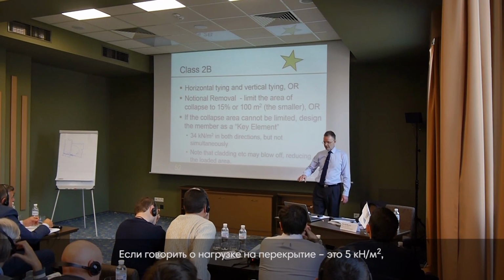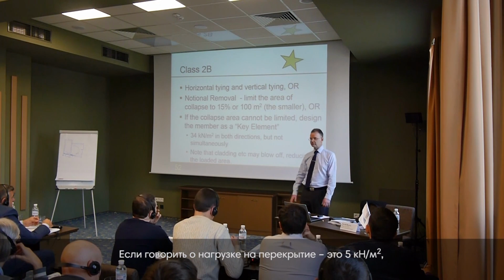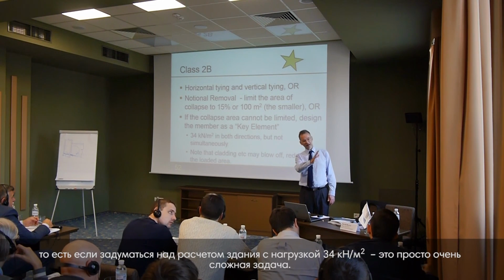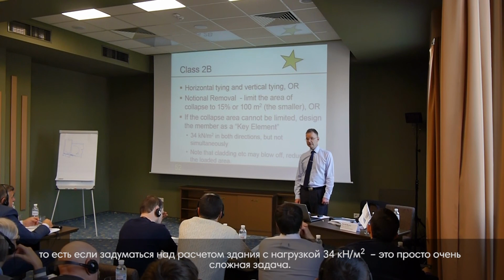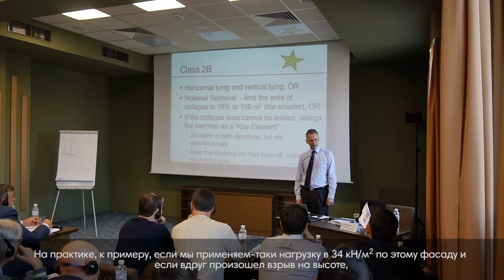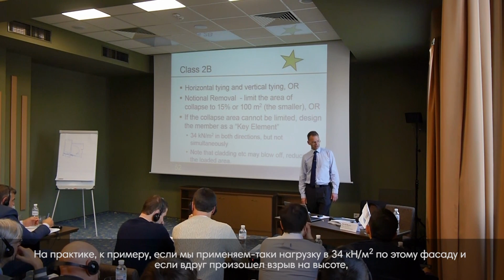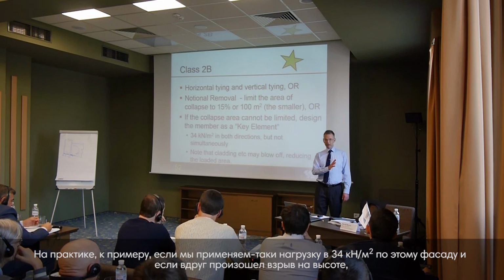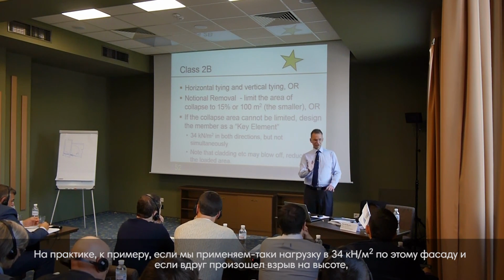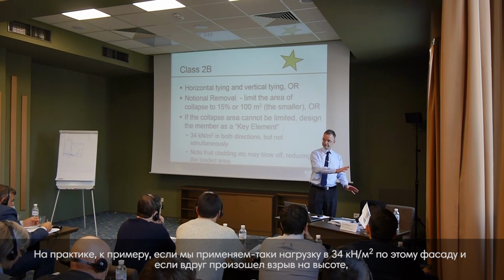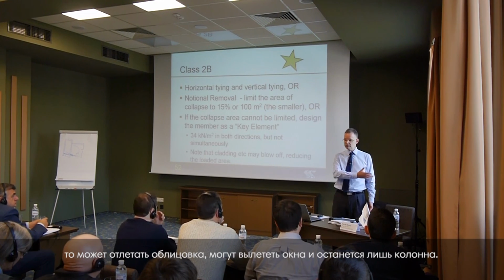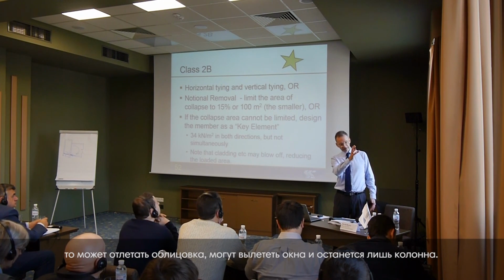If you think about the load on a floor, 5 kilonewtons per square meter, we are thinking about designing this elevation here on my left for 34 kilonewtons a square metre. It is a very, very large load. So practice is to say, if we did apply 34 kilonewtons per square metre to this elevation, some of this would blow off. So the cladding perhaps would blow off, the windows would blow out